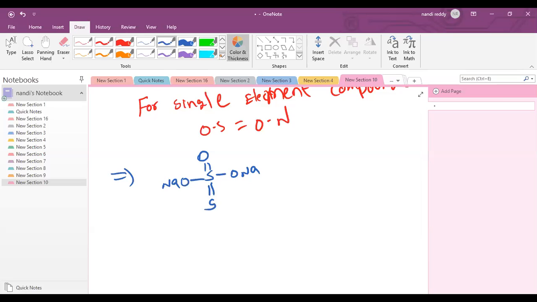Take it here. With respect to oxygen, first I am going to calculate how many oxygens are attached to this sulfur. 4 bonds are there with respect to oxygen. So this is -2, -1, -1. So this sulfur is going to show +4 first. And among these two sulfurs, this sulfur's hybridization is sp2 and this sulfur's hybridization is sp3. So which is more electronegative, sp2 or sp3? You can find out.